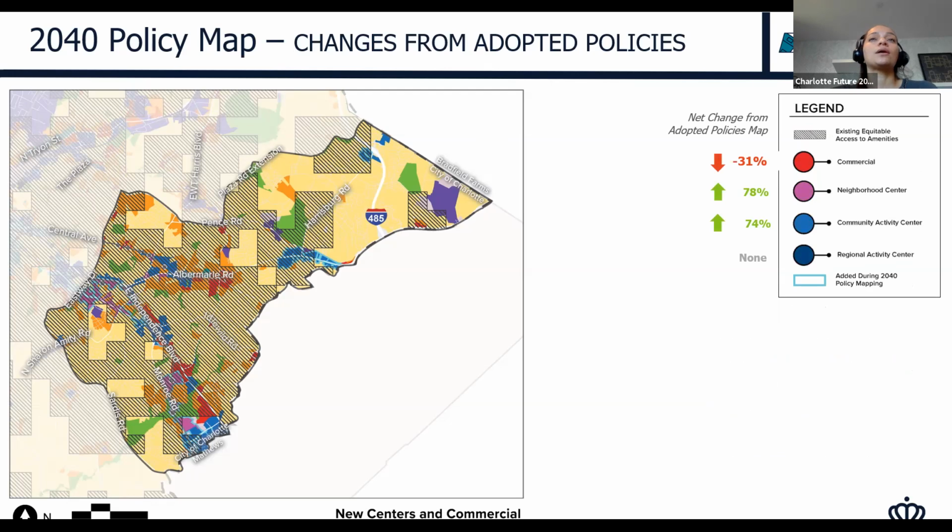The way that we plan for that is we start to map the activity centers, basically. So your neighborhood and your community centers. For this particular map, there's no regional center. But you can see that there's an increase in your neighborhood and your community center, and then a decrease in the older commercial areas, which makes sense when you think about adding access to goods.